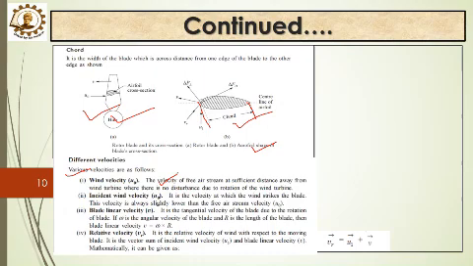Now coming to the concept of blade linear velocity. This will be u1. This is the blade linear velocity, that is v. Blade linear velocity is the tangential velocity of the blade due to the rotation, and if omega is the angular velocity of the blade and r is the length, then the blade linear velocity v is equal to omega into r. And what is relative velocity? Vr. So this is v, the blade linear velocity. This is the incident velocity. This is Vr, the relative velocity. It's the relative velocity of the wind with respect to the moving blade. It is the vector sum of the incident wind velocity and the blade linear velocity. Mathematically, it can be given as Vr is u1 plus v. So, this is u1, this